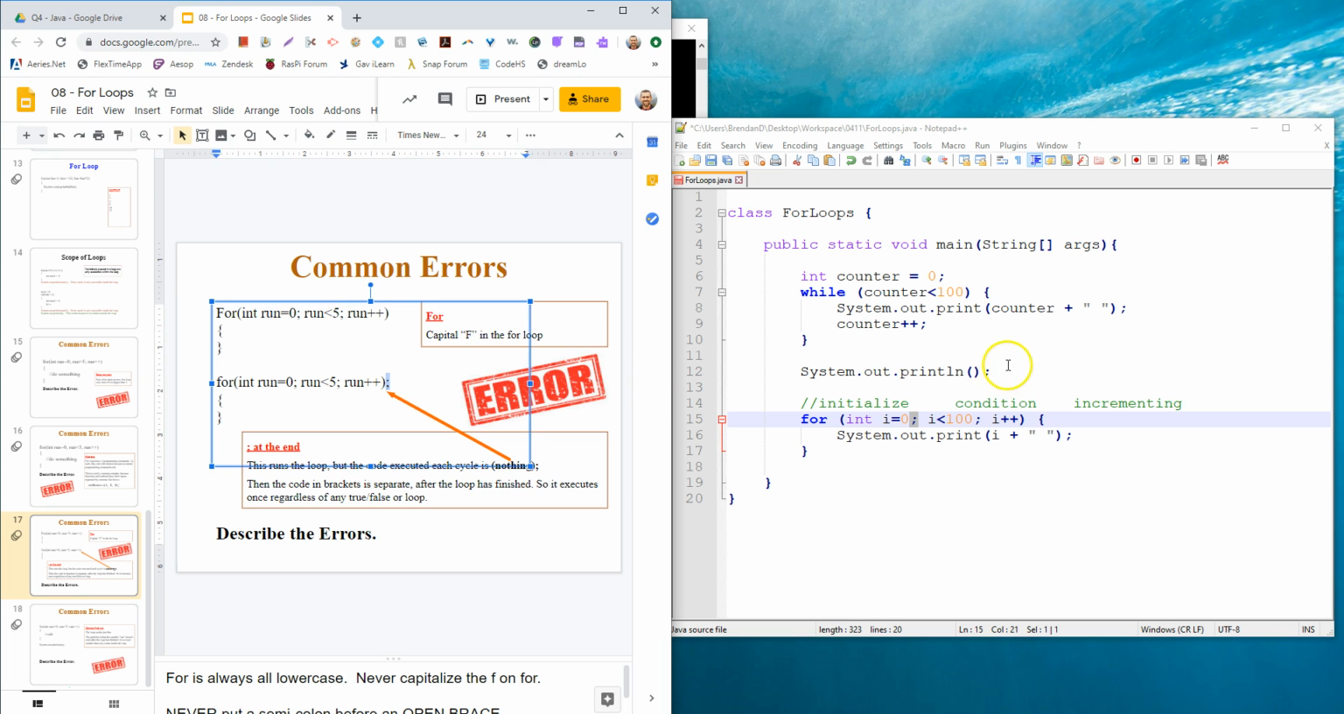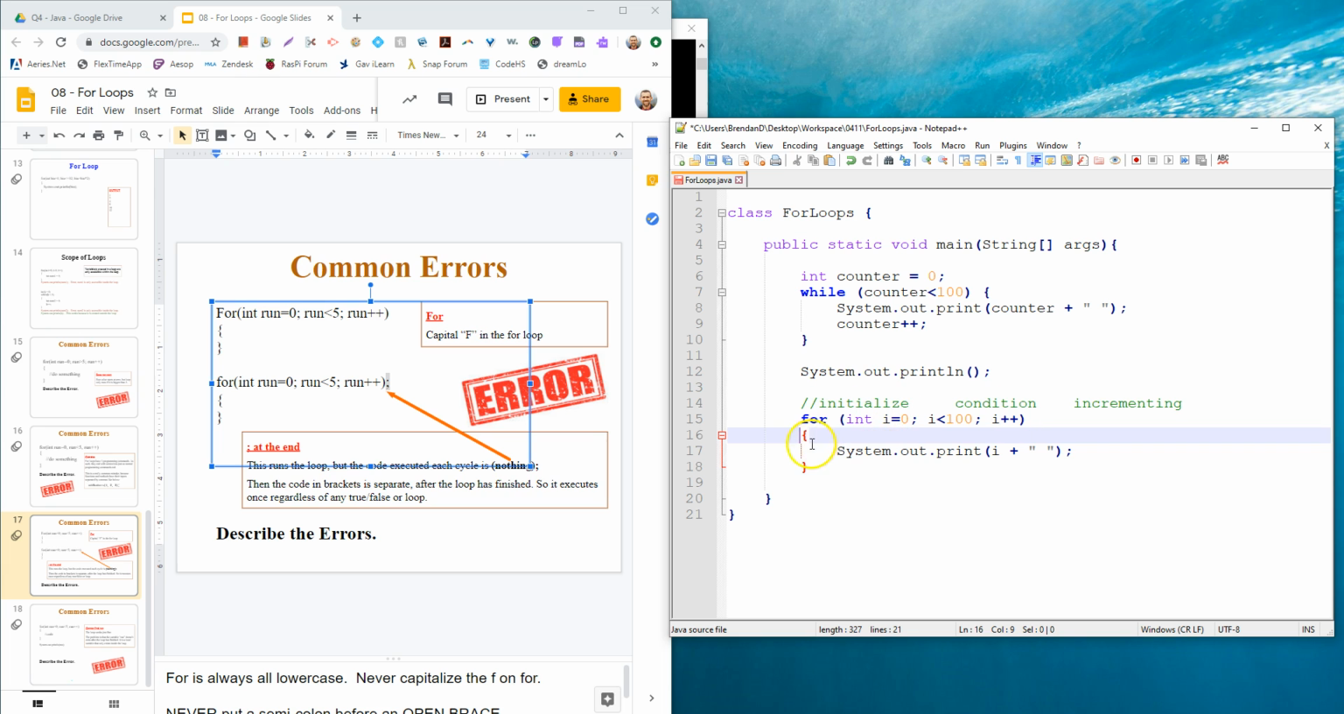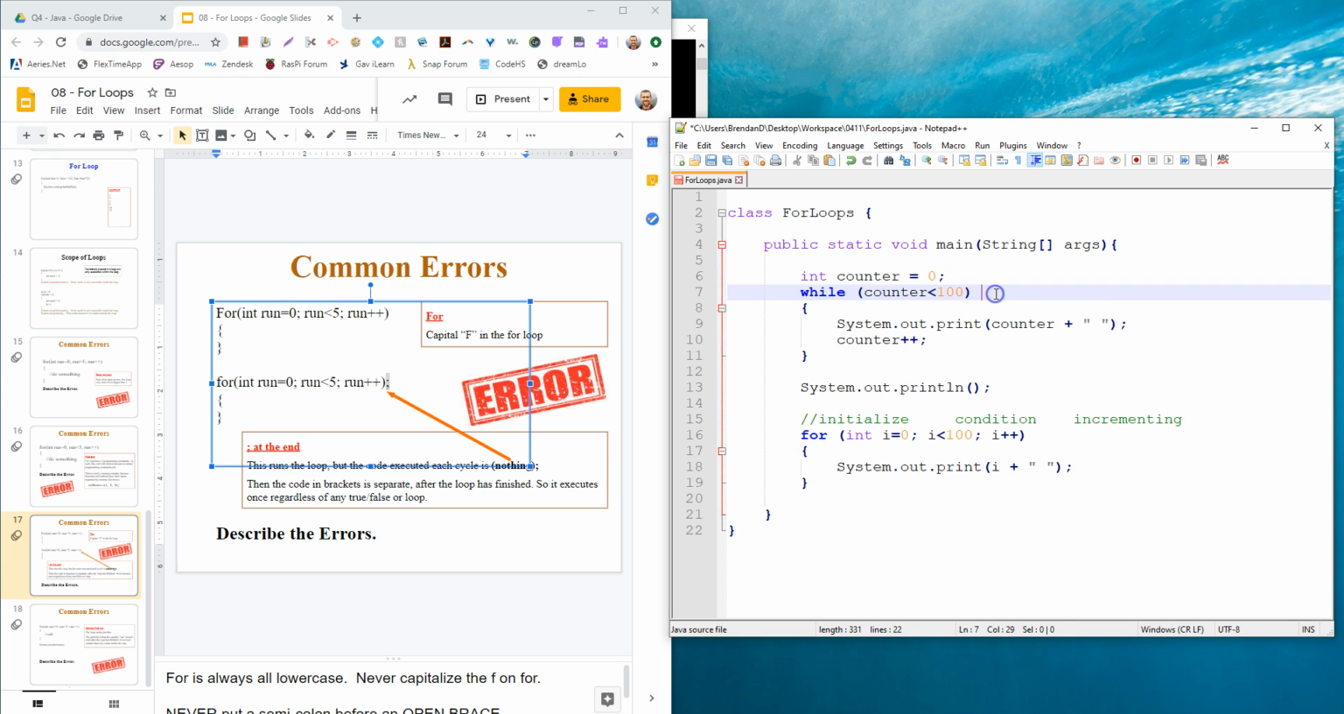Classic. Put the semicolon at the end here. So people get, often, especially beginners, right? They start the bracket down here. Great habit. Absolutely nothing wrong with that. But just like with the while loop, or with an if statement, if you put a semicolon at the end of this,